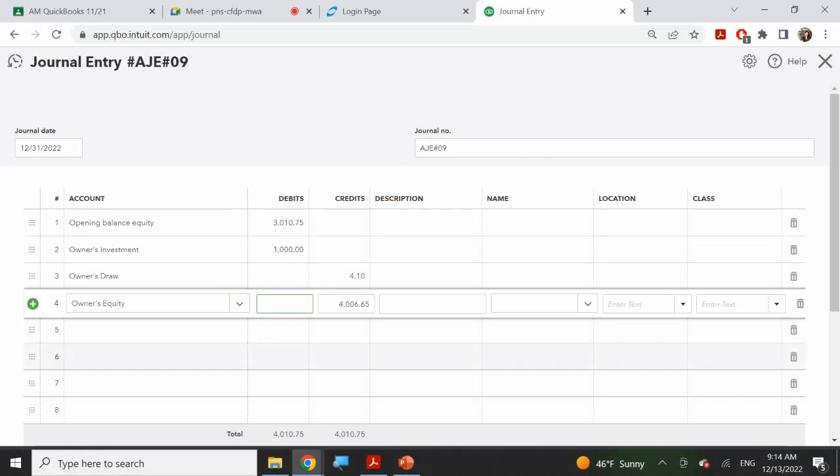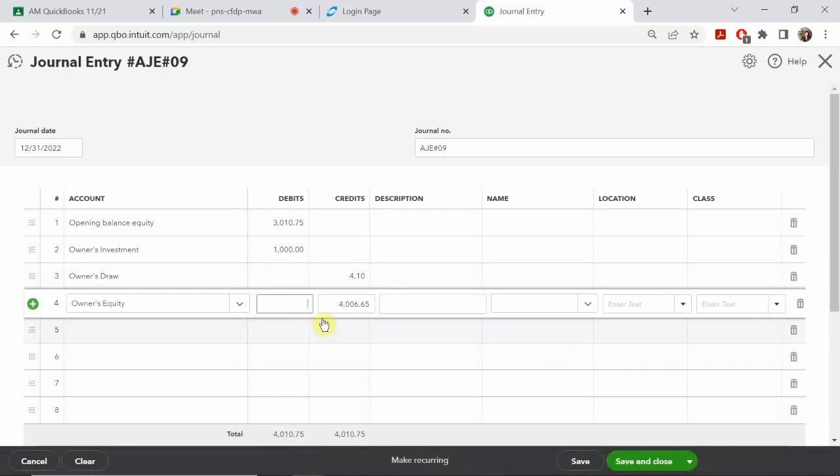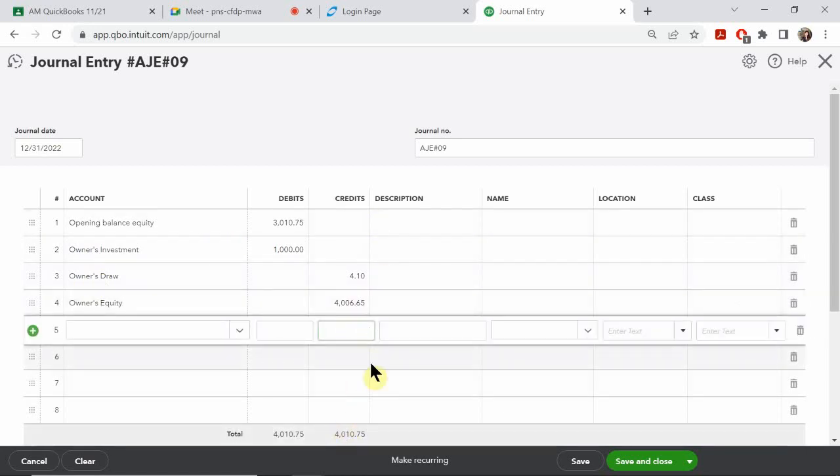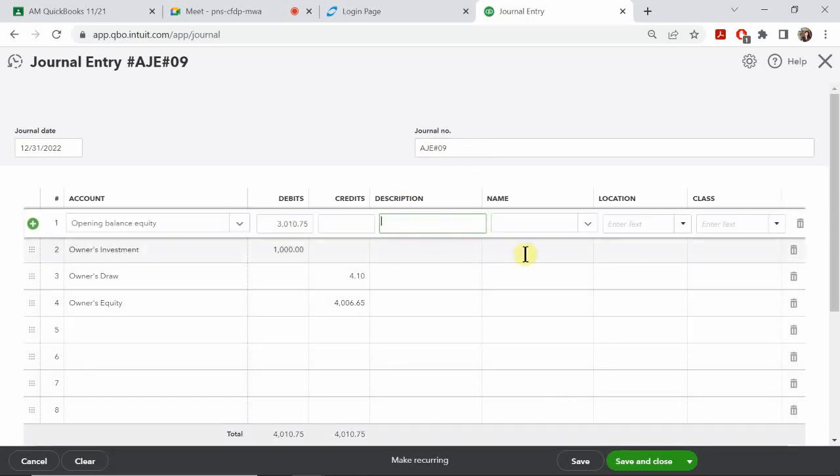Nope. 4,000. Wait, no. I'm on the right side. Right here. $4,006.65 to the credit side. Okay? So therefore, everything looks good now. So I'm going to transfer all that in because I'm closing out my accounts. Description, you could say close out,